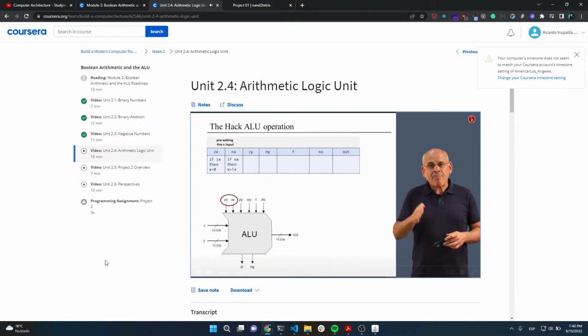So for example, if zx equals 1 and nx equals 1, first of all, we zero the x input and then we negate it. So we'll get 1, 1, 1, 1, 1, 1, if this is indeed the